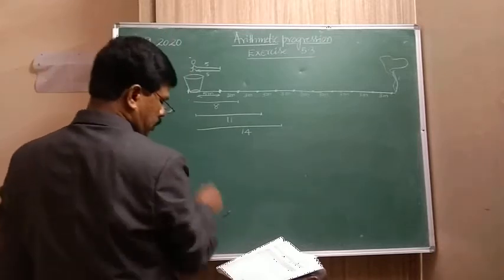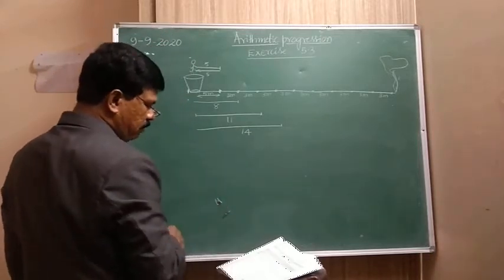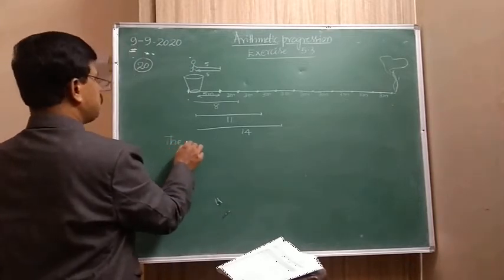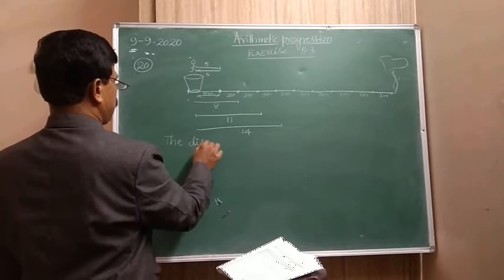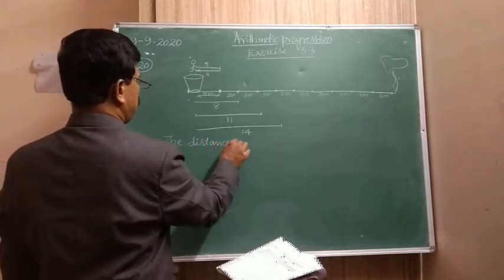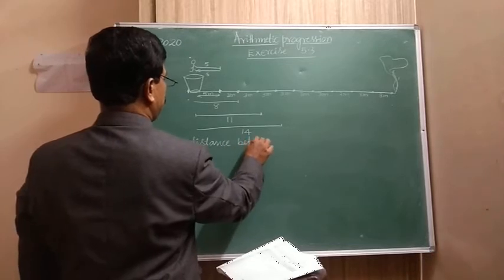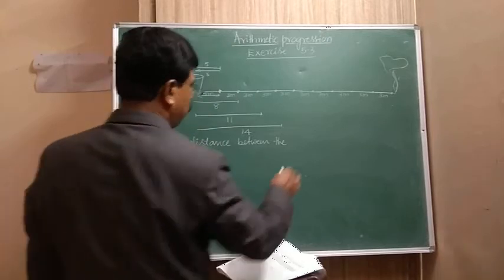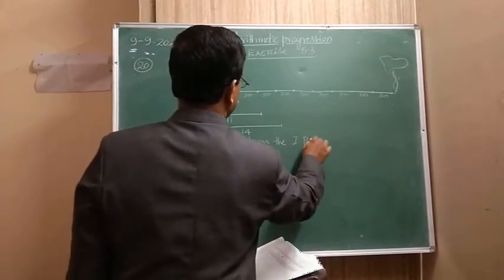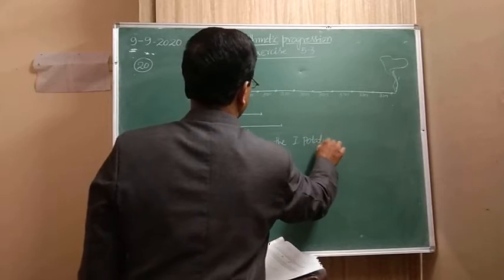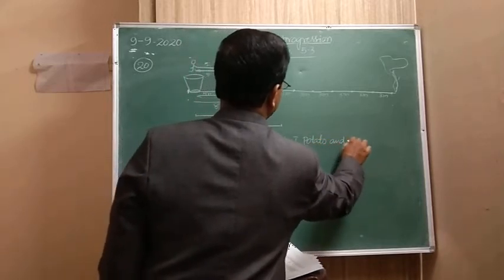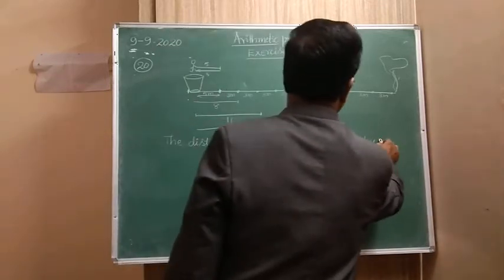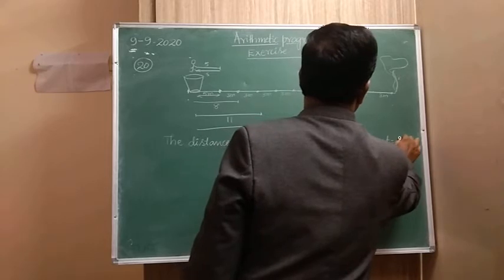So we form, that is the given, the distance between the first potato and the bucket equals